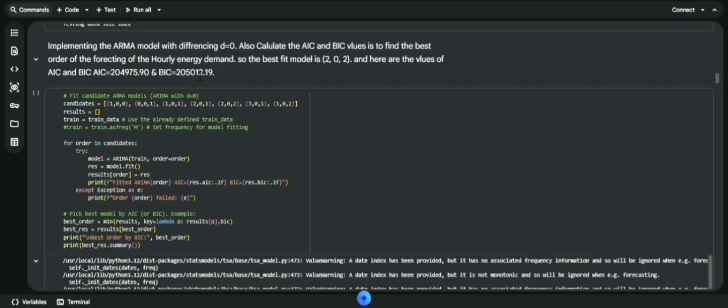There is no seasonal component in the ARIMA model. AR and MA are different models: AR is the autoregressive model and MA is the moving average model. I implemented both models similarly to the ARIMA model, and we use the AIC or BIC value to find the